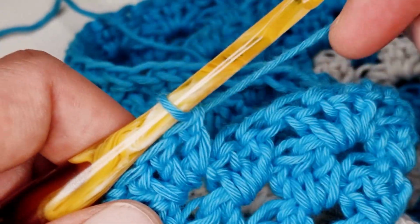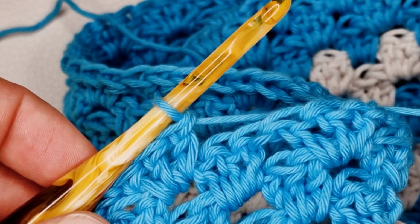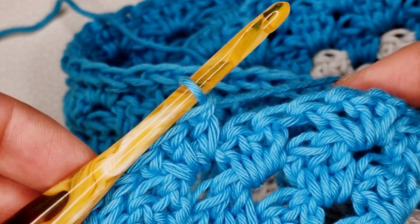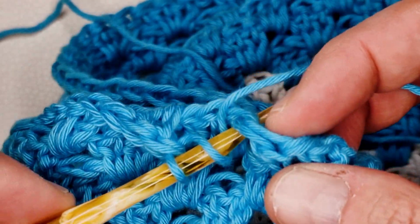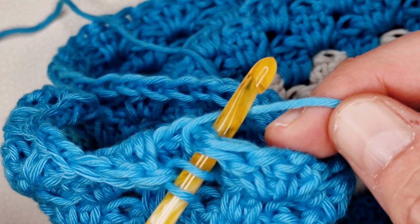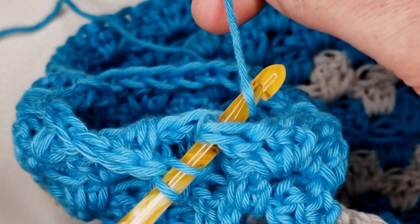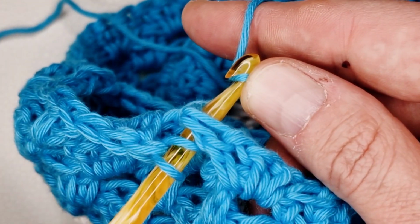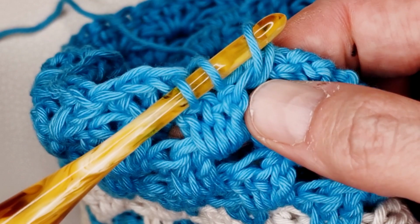So then I ask myself, why am I switching? And I think the only reason why is that I pull the yarn over or under depending on the direction I'm going. So when I start with the yarn over, I then go in the space, and then the yarn is already beneath my crochet hook. So it's actually easier for me to yarn from under, and then it's also directly in the head of the hook, so I can easily pull it through the space,